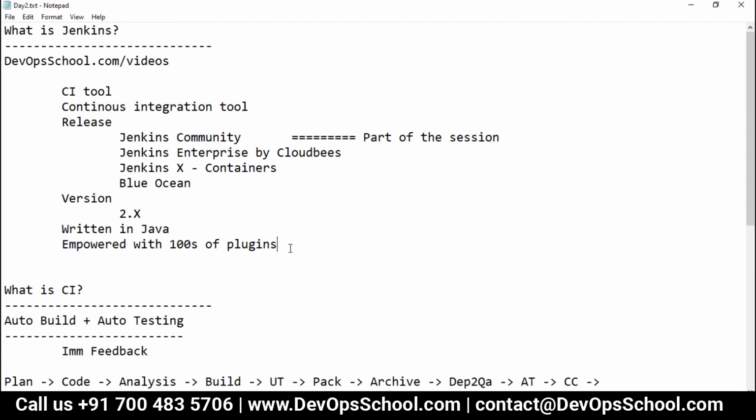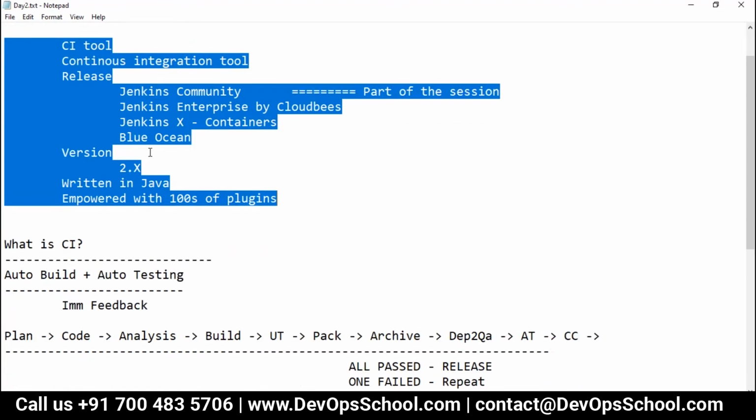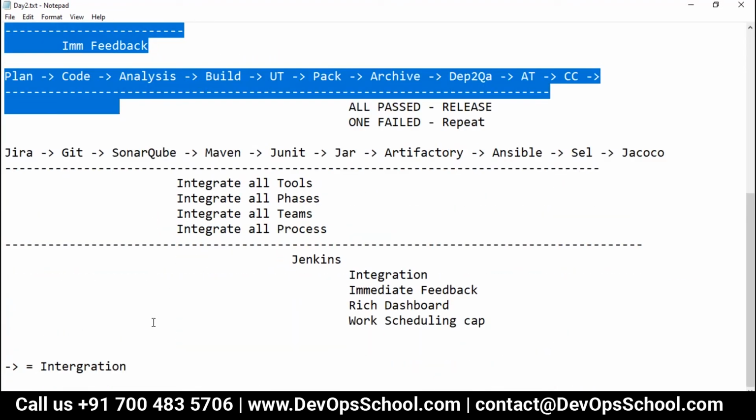So this is short information about what Jenkins is and what CI is.